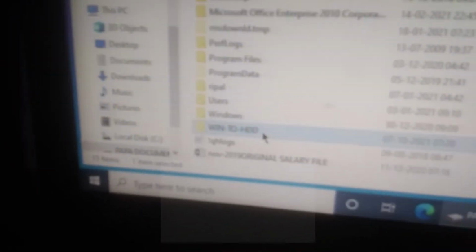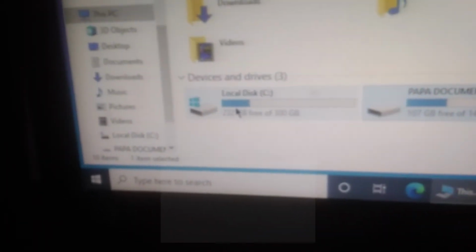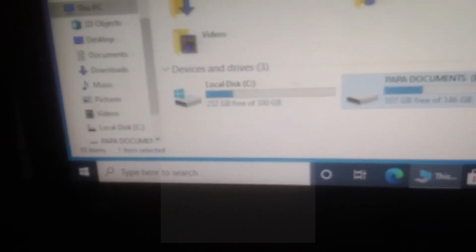Let me show you. So you can see that I have created a new folder, Windows 2 HDD, on the other drive, and I have stored all that in a different drive. Don't store any data on C drive because C drive will be formatted.